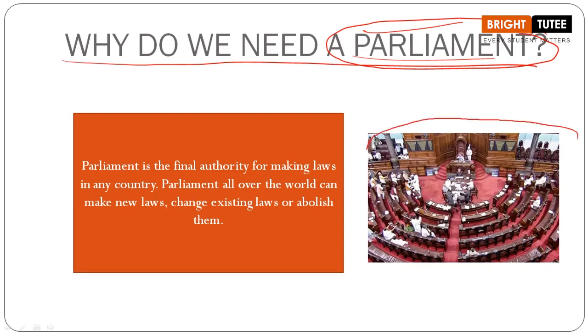Because it is the common people who, through the elections, elect their representatives. Correct or not, students? We have talked about this in elections also, right? In your previous chapter, and here also you have learned about this term. Now this is not hard to understand. When we are talking about our country especially, we call it parliament, okay? And we have two houses.